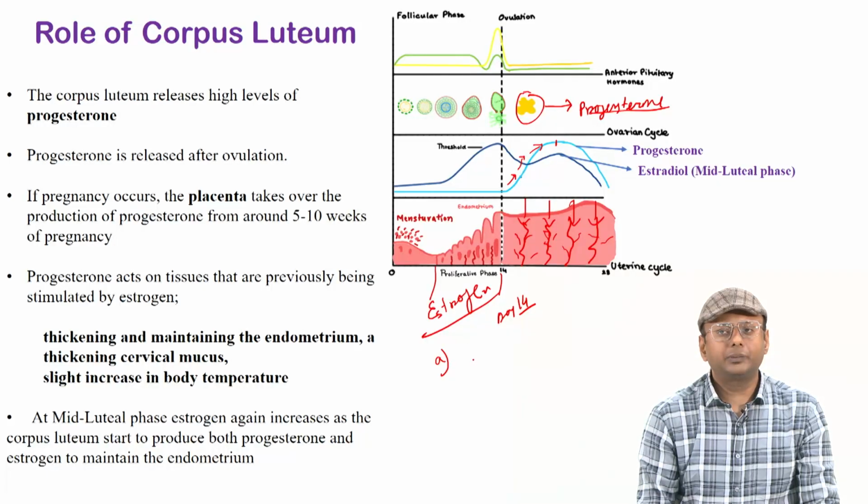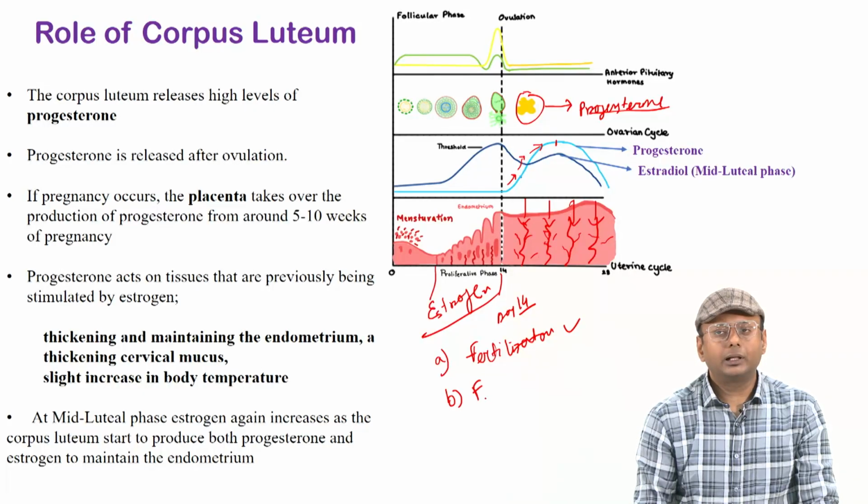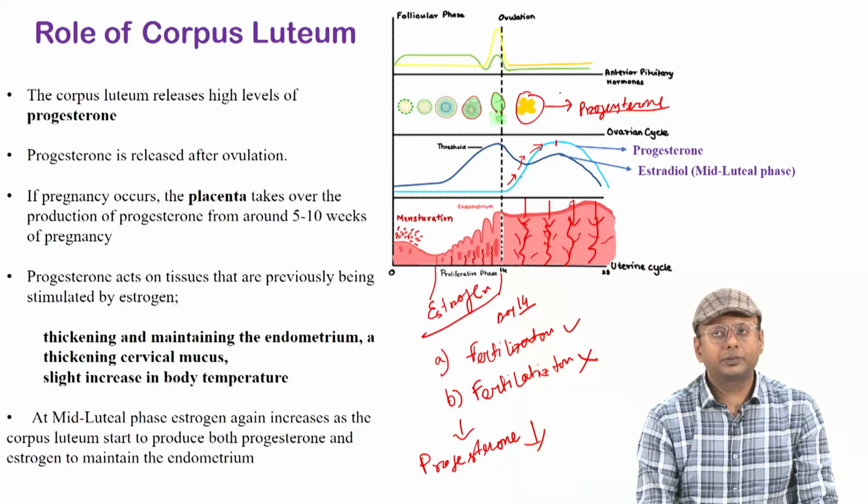If fertilization happens, then the progesterone level will be maintained, and we will see why. But let us consider if there is no fertilization. Then the progesterone level will drop, right. If there is no fertilization, there is no need for the body to maintain this corpus luteum, and